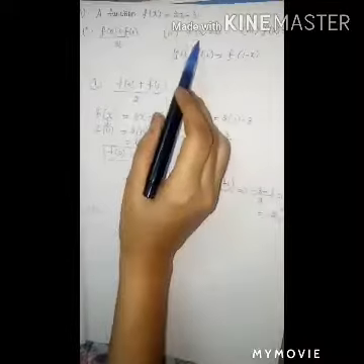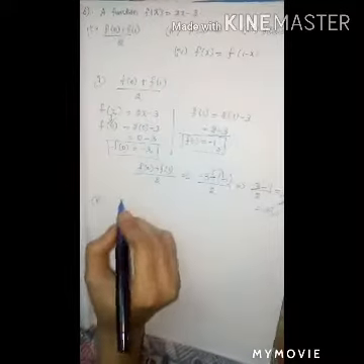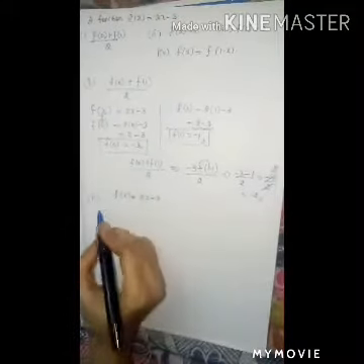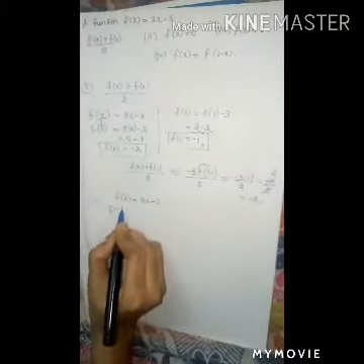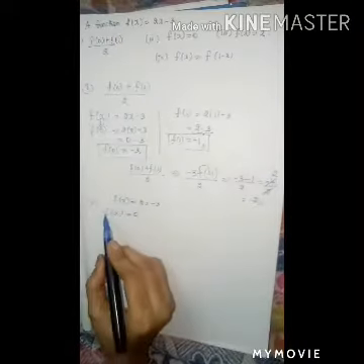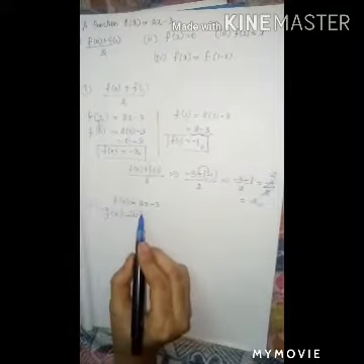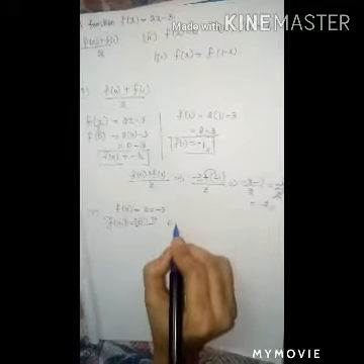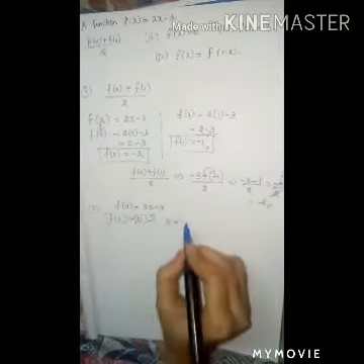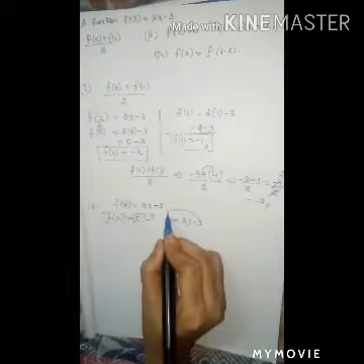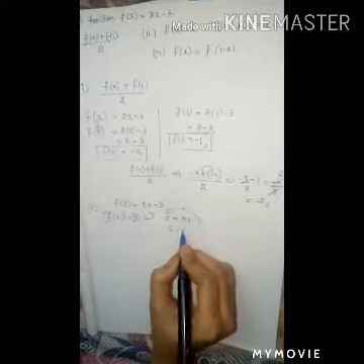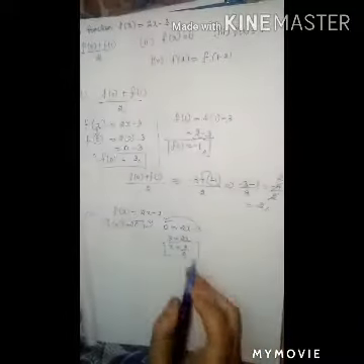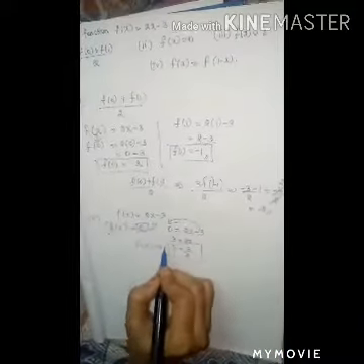Now let us solve our second subdivision: f of x is equal to 0. First write your function. f of x is equal to 2x minus 3. In the second subdivision they have given f of x is equal to 0. So instead of f of x we substitute the value 0 in this function. So 0 is equal to 2x minus 3. Bring this minus 3 to this side, it will become plus 3. So 2x is 3, x is equal to 3 by 2. We got the x value as 3 by 2 when f of x is equal to 0.